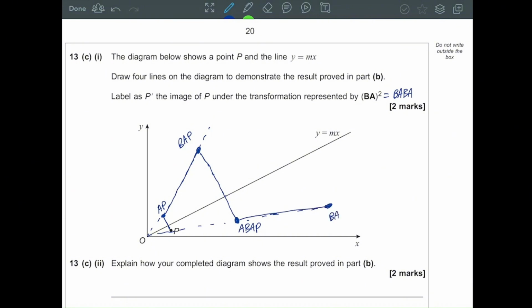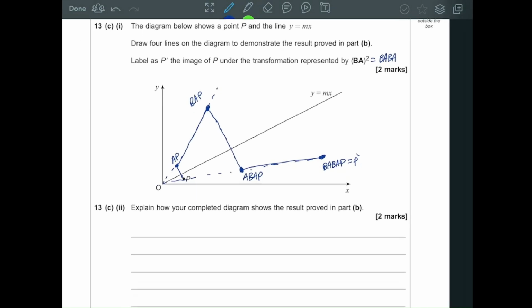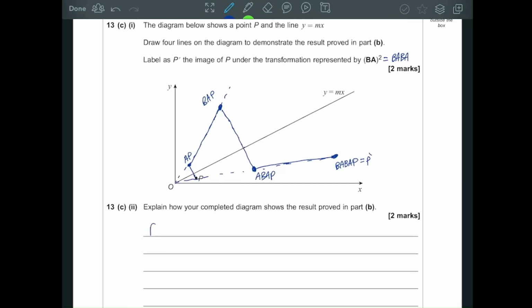So this is BA, BAP. So that is the image point P dash. Explain how your completed diagram shows P mapping to P dash